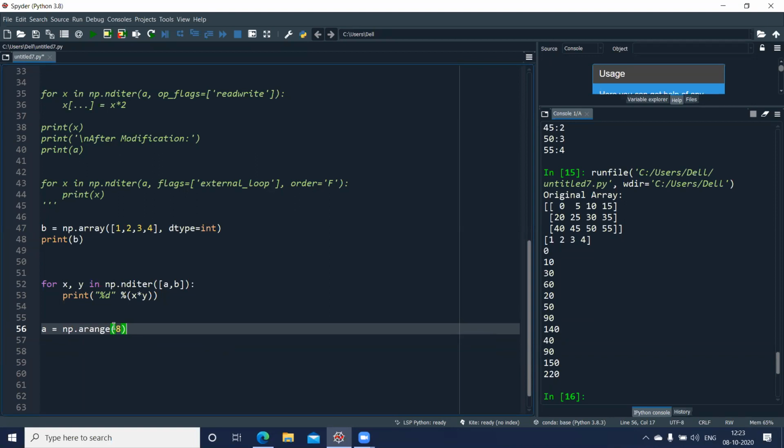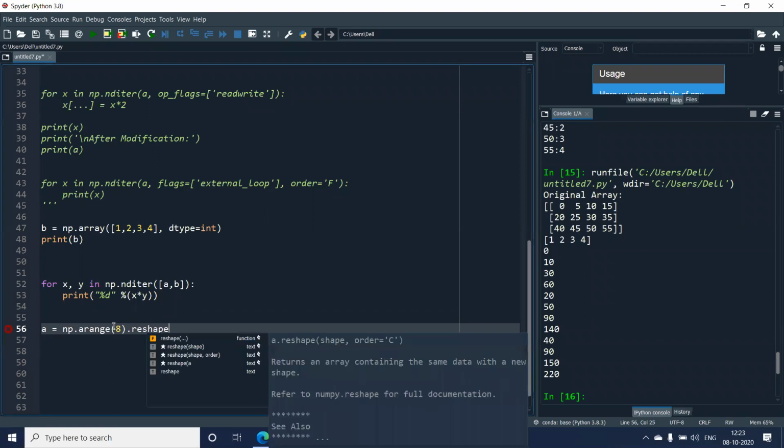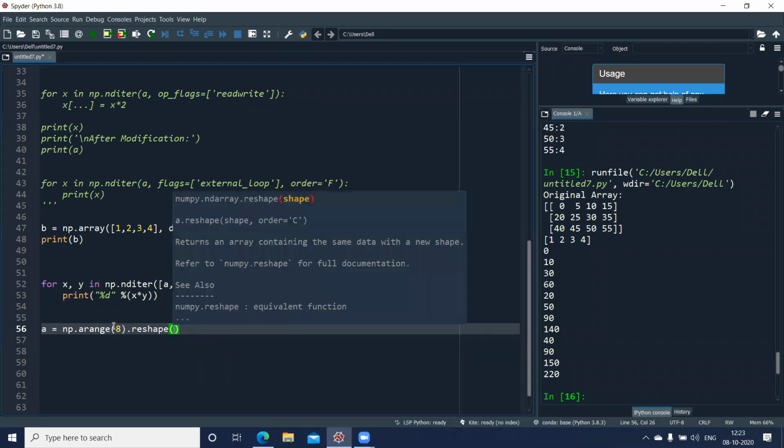Now I can reshape this on the same line. I put a dot after the created 1D array and use the reshape function, giving a new dimension. We have 8 elements, so I can give 2, 4 or 4, 2, whatever you want. 2, 4 will be my new dimension.